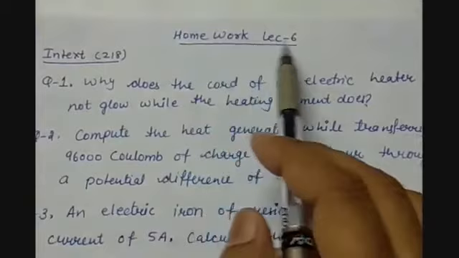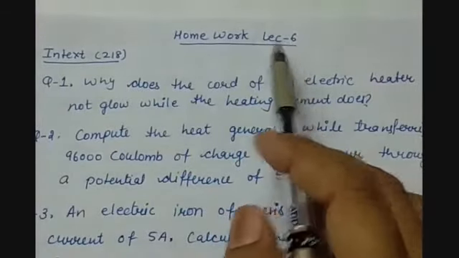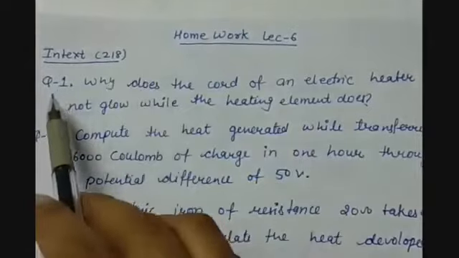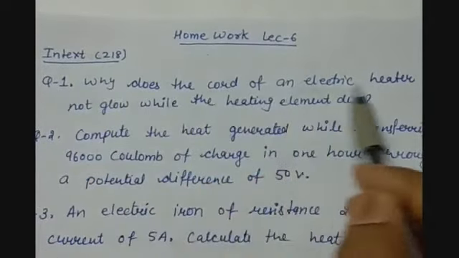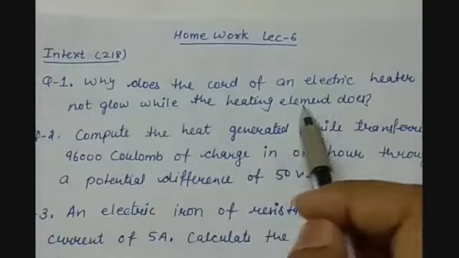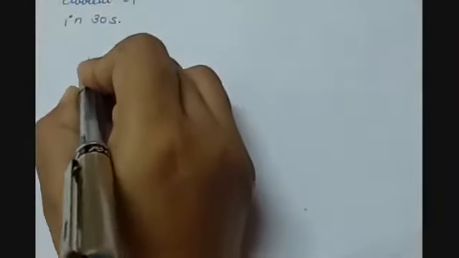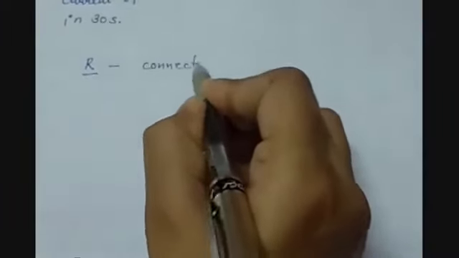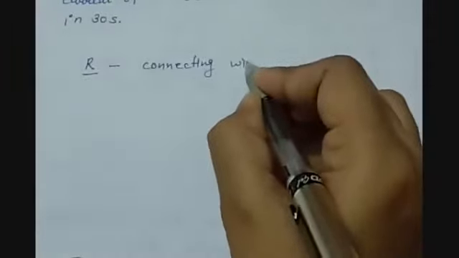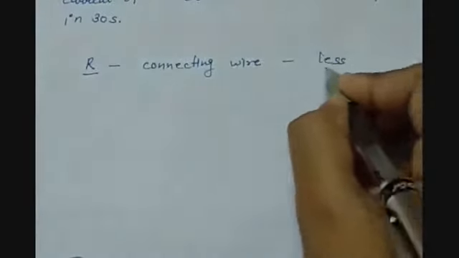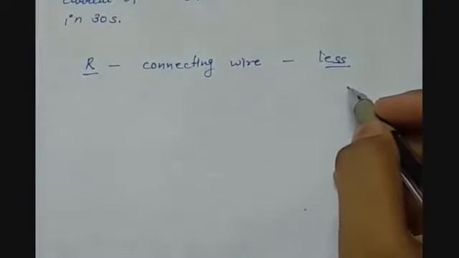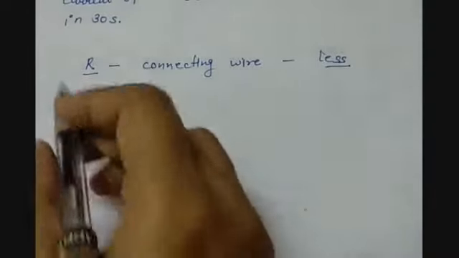Homework of lecture number 6, we were having 3 in-text questions on page number 218. Question 1 was, why does the cord of an electric heater not glow while the heating element does? The answer is, this is because the resistance of the electric wire or connecting wire is less, because of which the current easily passes through it and heat production is very less. But the heating element